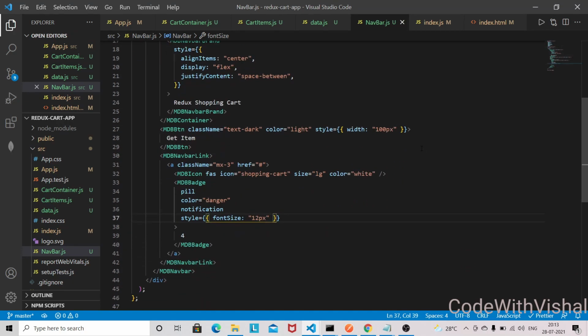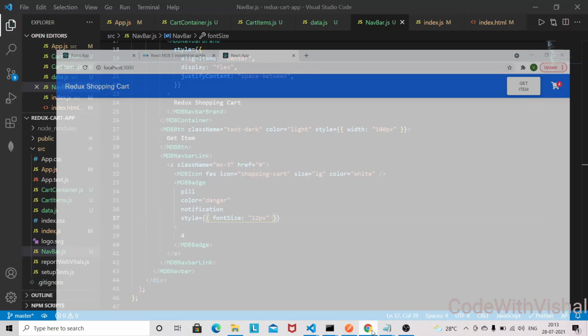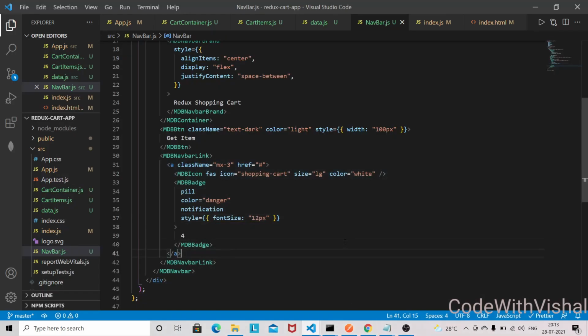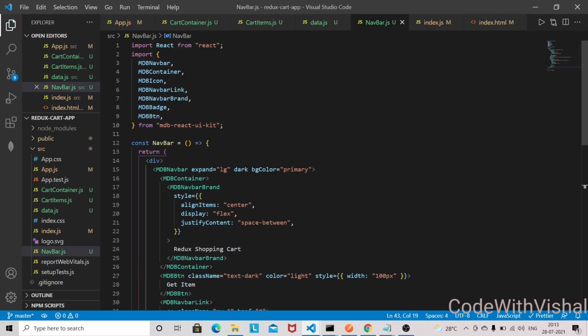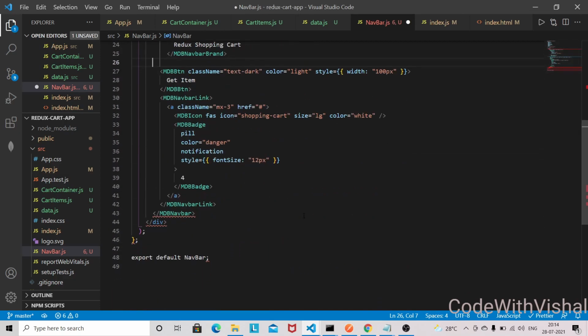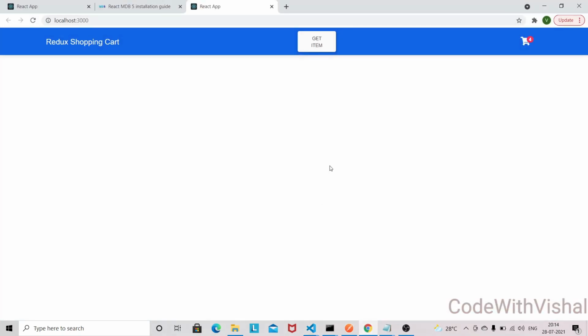So let's go into the browser. So we are getting this one, and we have an issue with the container part. Actually I think container got closed here, so container will close here. Okay, so make sure to close this container here, and now let's go into the browser, and now we are getting everything proper.